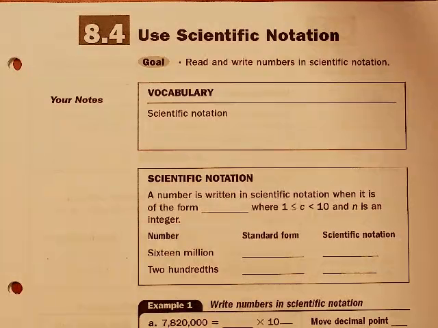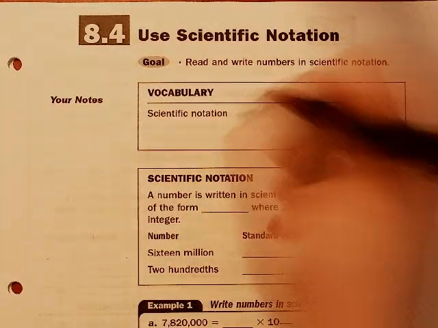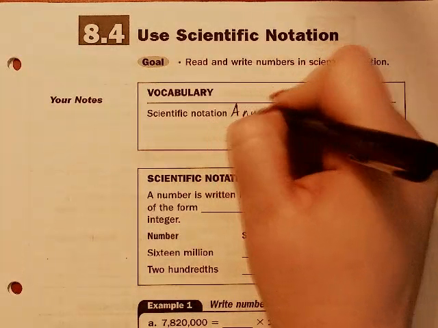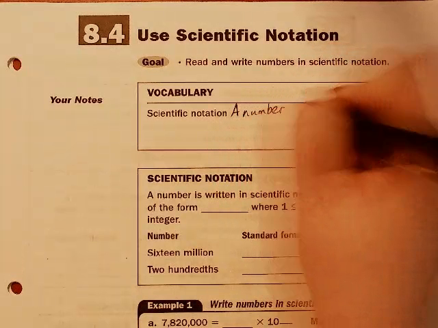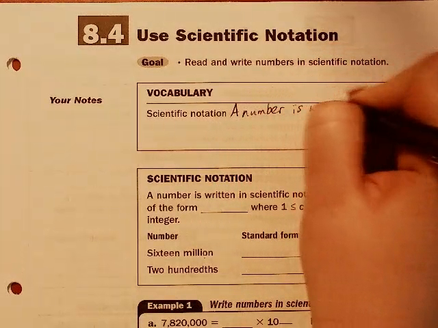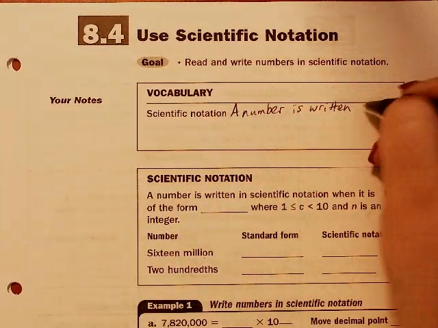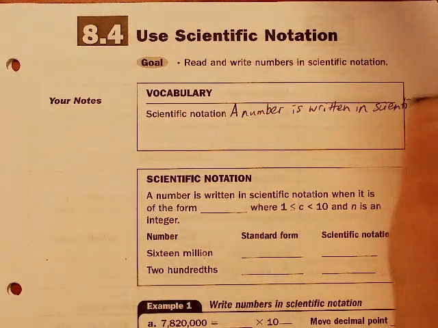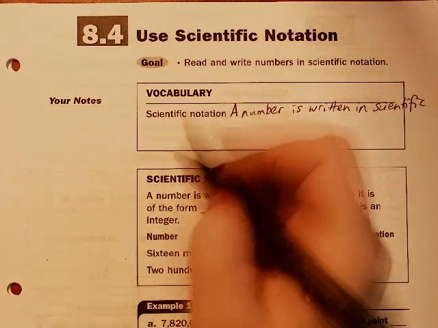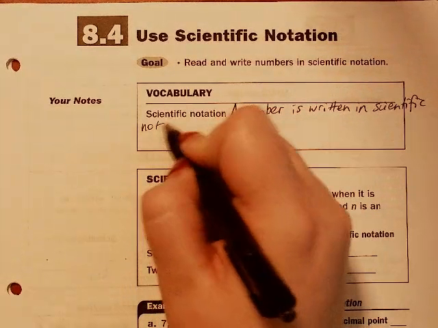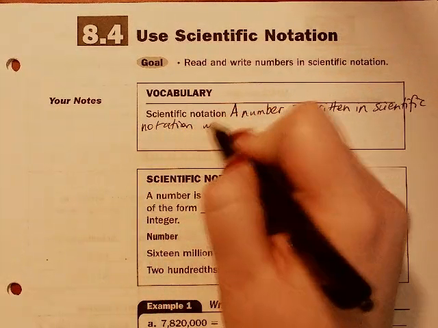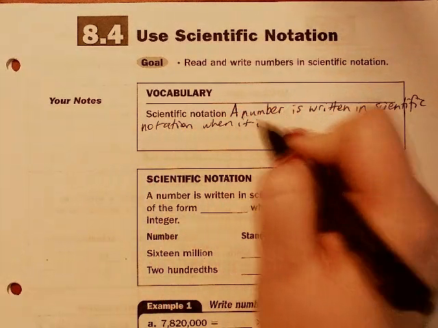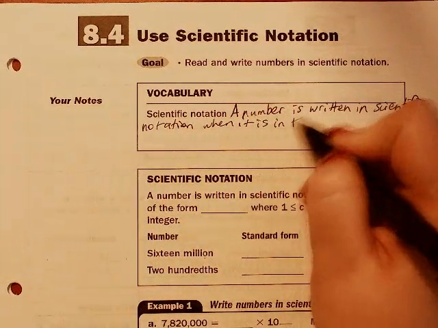Algebra 1, 8.4, use scientific notation. So, scientific notation: a number is written in scientific notation when it is in the form